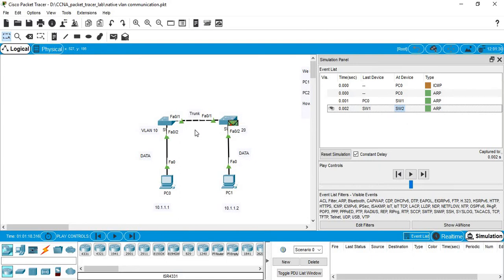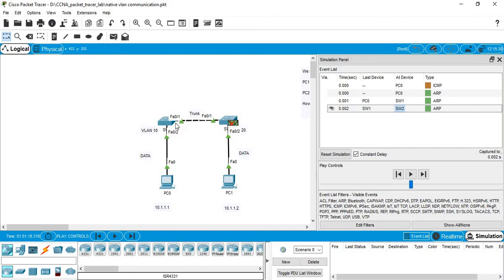So while using the link between the switches as a trunk and using the native VLAN concept, we can make it happen. Because by default on both switches, native VLAN is 1, but we want to tag it as VLAN 10 and VLAN 20 to make it communicate, and using the native VLAN, we will use our old concept to make it untagged.